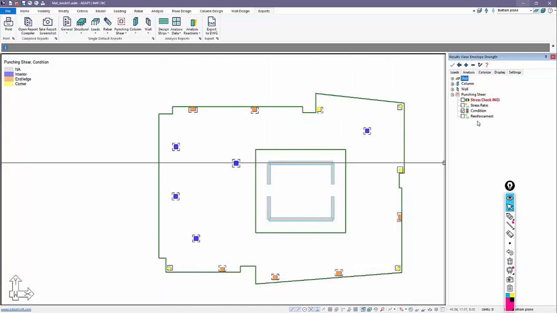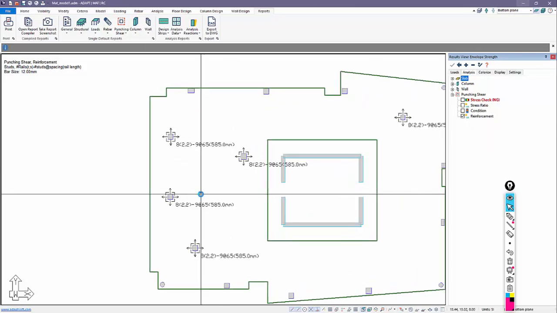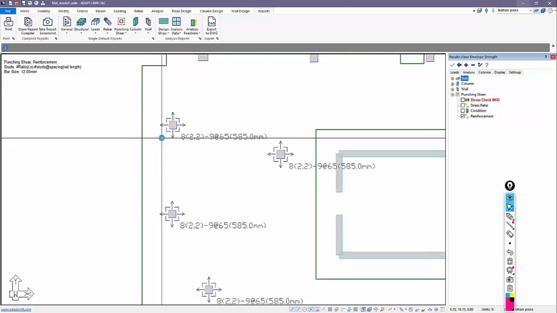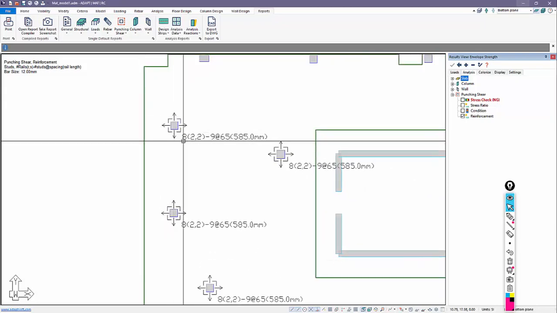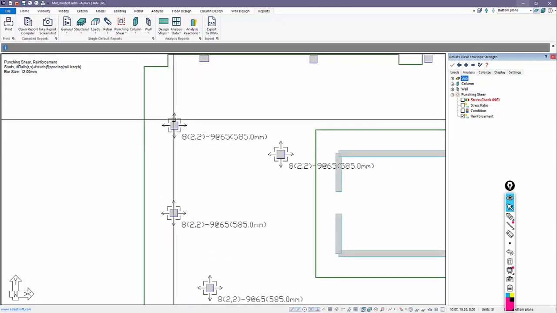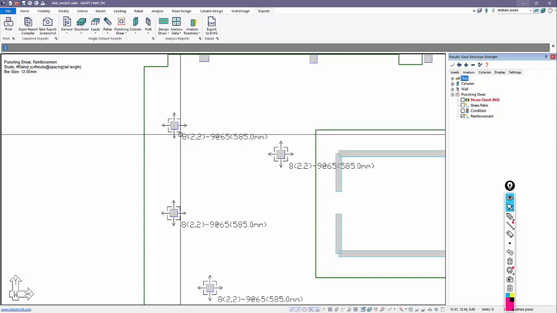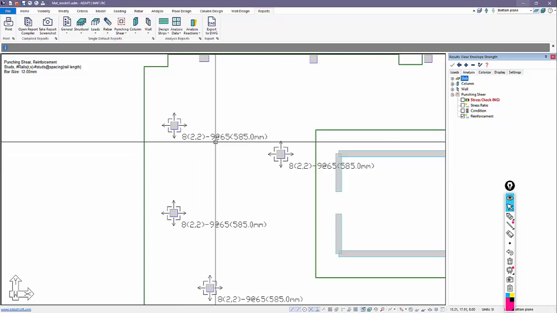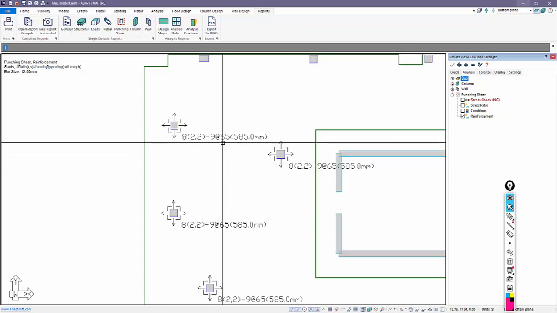And finally, we can also look at kind of a shorthand abbreviated version of the reinforcement. This basically shows us, for example, that we need 8 total rails, 2 per side. It shows us an arrow to scale of how far out the shear reinforcement will be extended. And there are 9 studs at 65 millimeters on each rail.